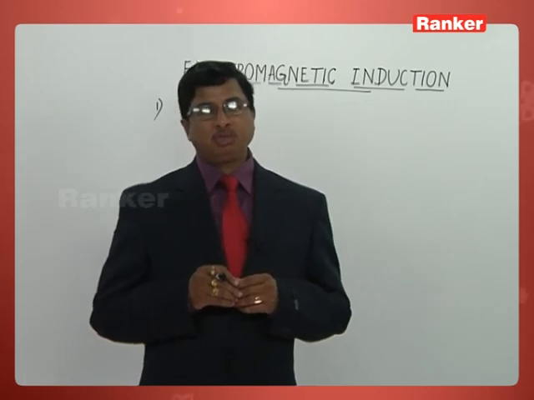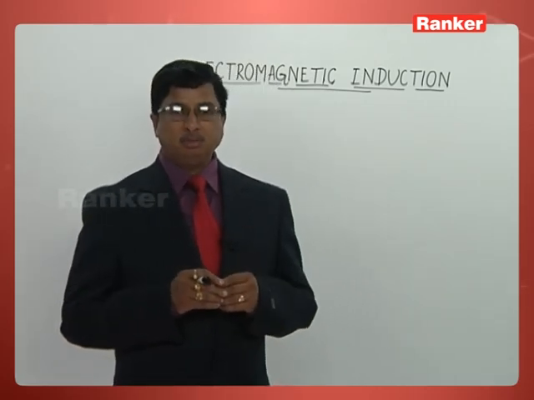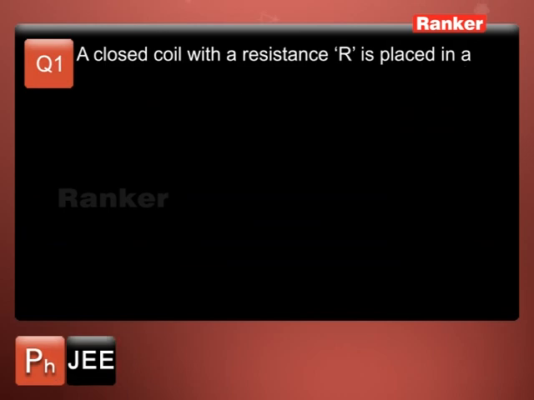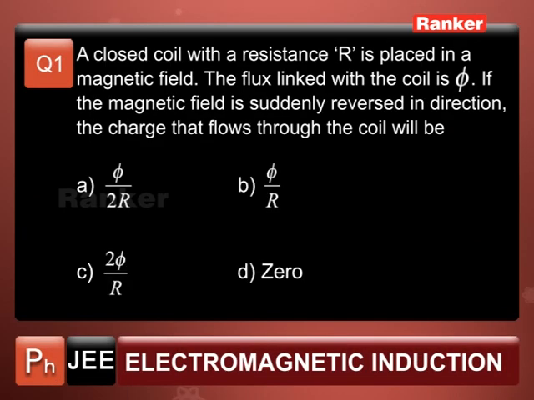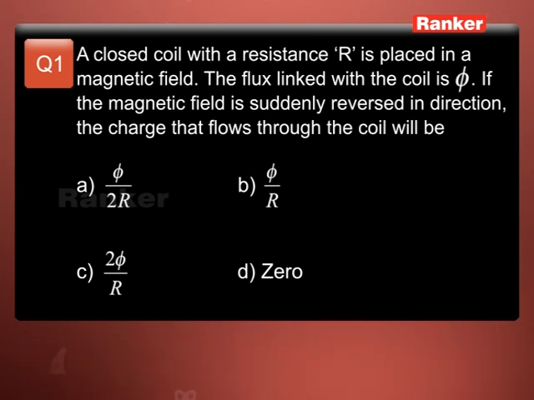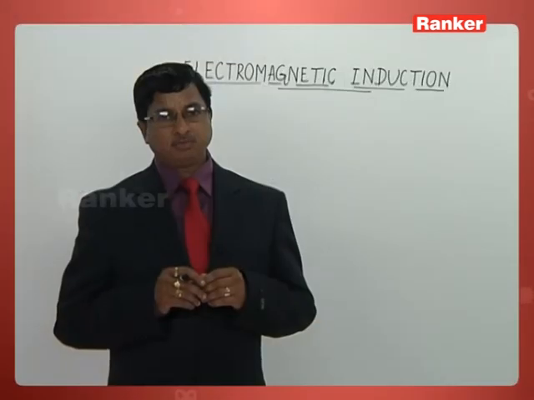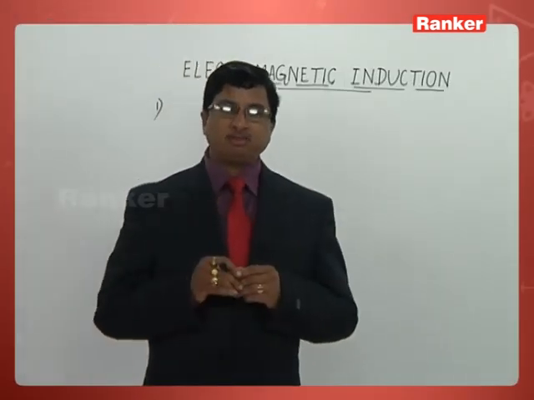So let me start with the very first problem. A closed coil with a resistance R is placed in a magnetic field. The flux linked with the coil is phi. If the magnetic field is suddenly reversed in direction, the charge that flows through the coil will be how much? So the concept we should understand first of all is